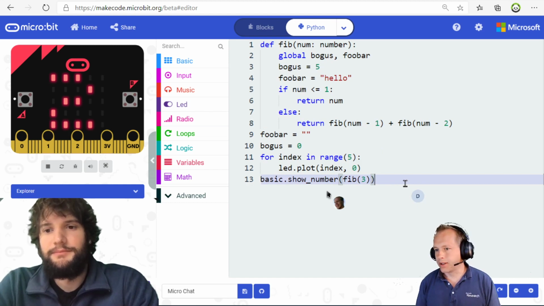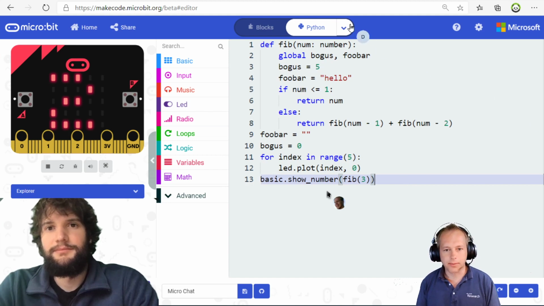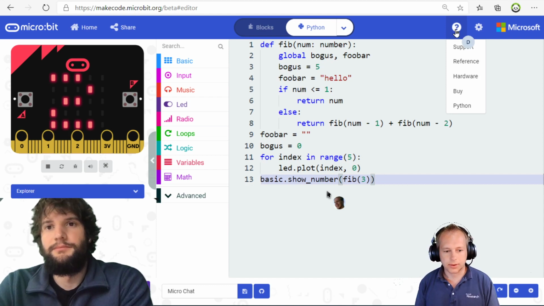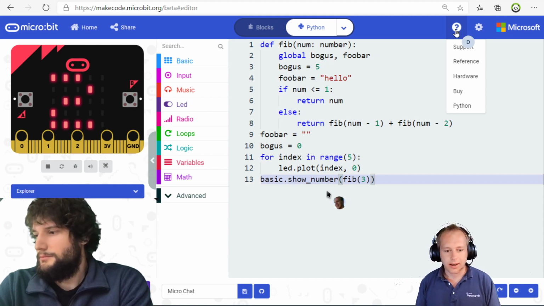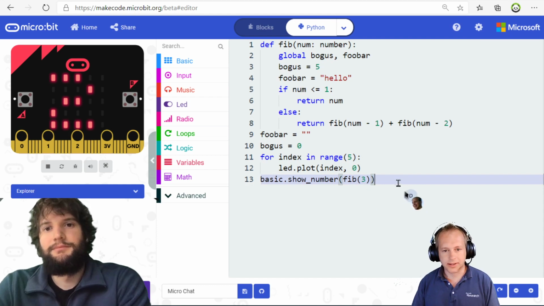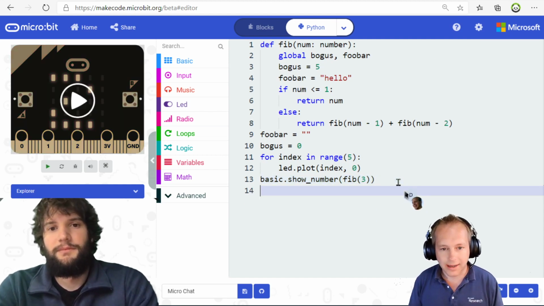That's pretty much the Python story. We've had JavaScript for a long time, and now we're bringing Python. It's going to be a Python flavored for MakeCode. That means not all programs that are written for MicroPython are going to run there, so make sure you watch for that. Also, the way you're going to write MakeCode Python is going to be event-driven. You can do while true loops and poll sensors, but you also have access to